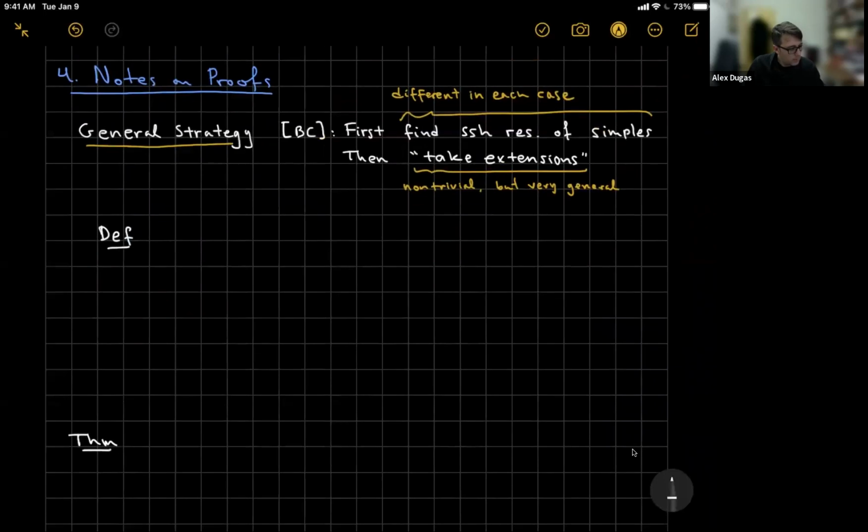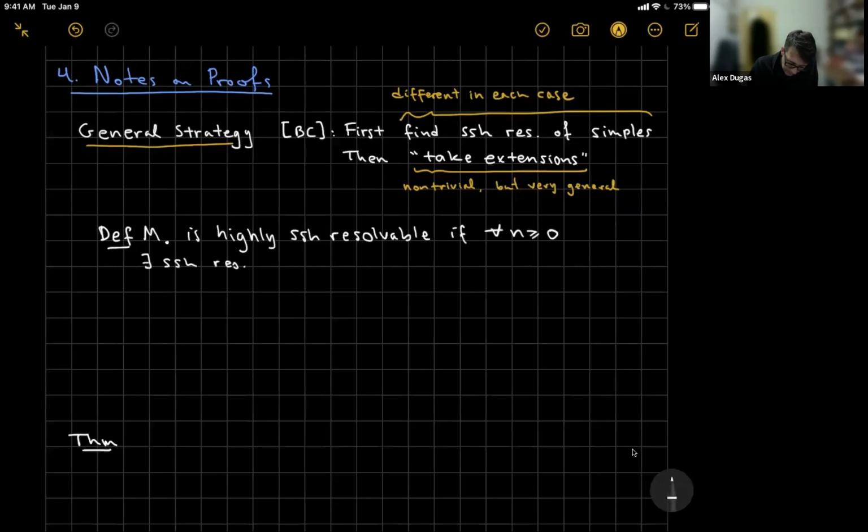So let's say that a complex M is highly SSH resolvable if for all n, and I'll just say greater than or equal to 0, n just has to be sufficiently large, we can find an SSH resolution of M, call it epsilon. This is going to be a different resolution for each M,